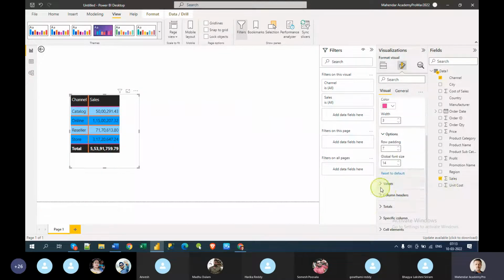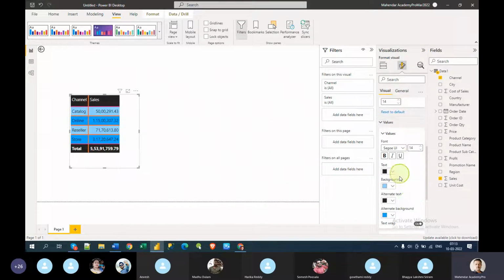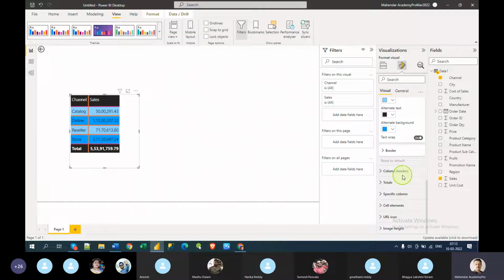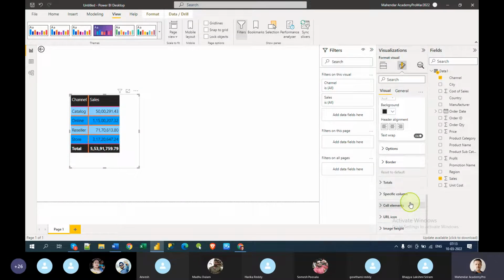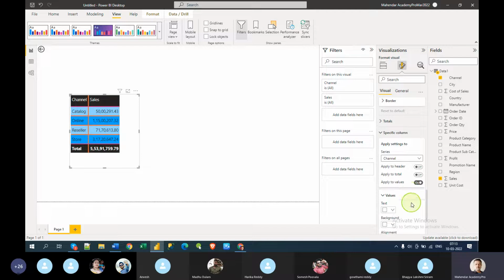Okay, so now here the values. Values, colors, and everything you can just check. All these things, you just give a try. But you can also change specific columns. Let's say I want to have a different color for channel.